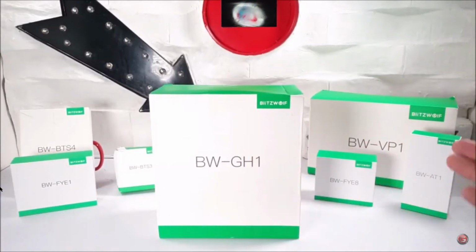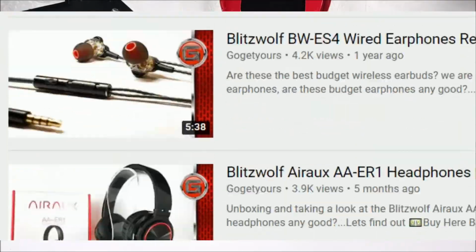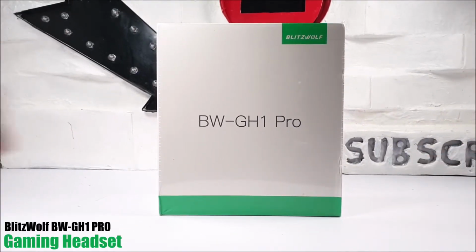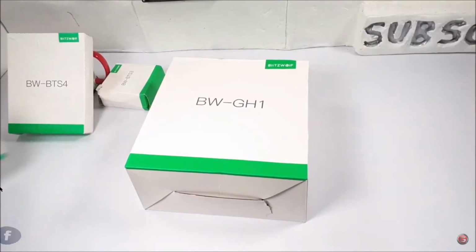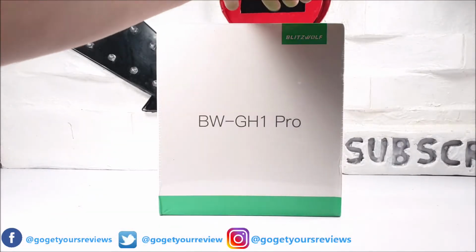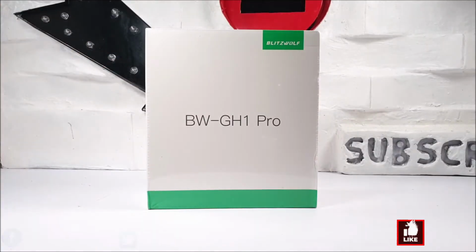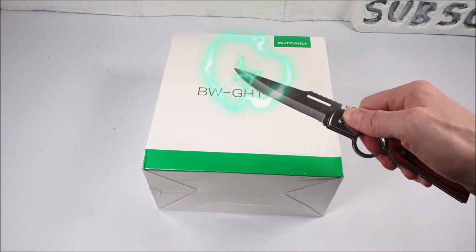Now recently we have done a fair few reviews on Blitzwolf gaming headsets, earphones and headphones. And well, today we are back with yet another one, which is the Blitzwolf BW GH1 Pro gaming headset. Just like all the other Blitzwolf products, the box is very simplistic, with the usual green and white tone to the box. Inside,